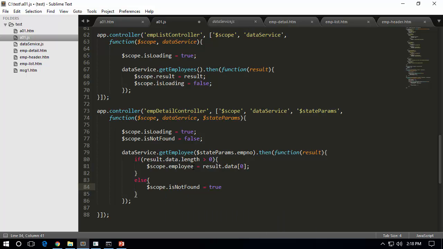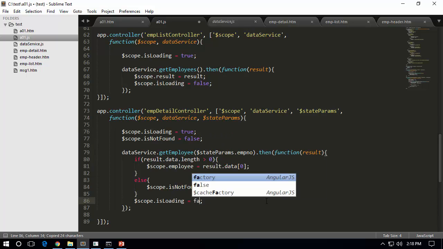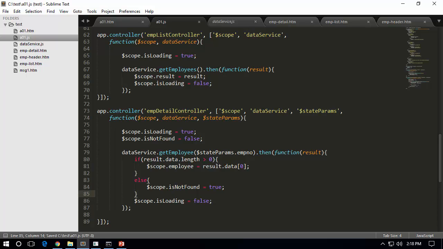So which means I am specifying that the employee is not found. Earlier we started with false, and now we are saying that it is true because no employees were found. And after that, as the loading process has been successfully completed, I have to specify this one to false. So that actually completes my controller